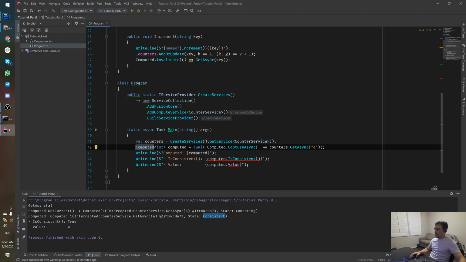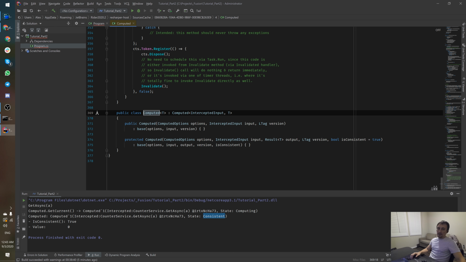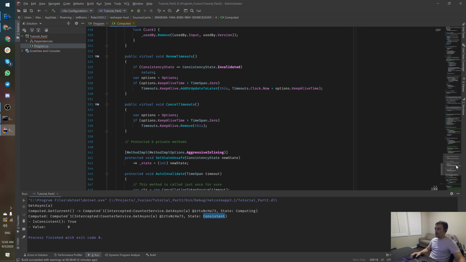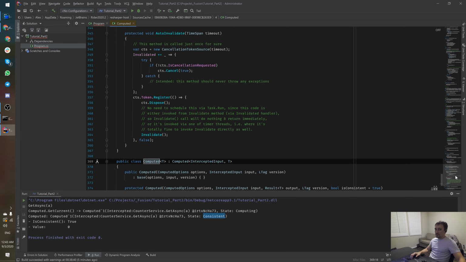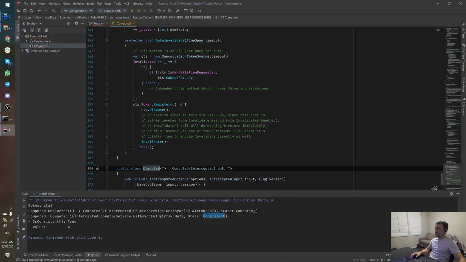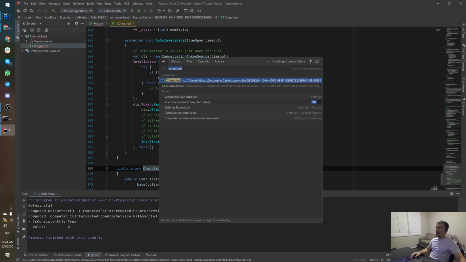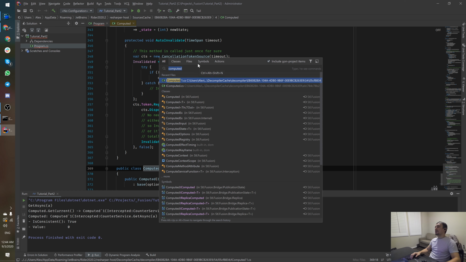Okay, let me do a tree. So I don't know, for some reason I can't find it in search. Oh, okay, I need to click this one, right? Computed of. So I need